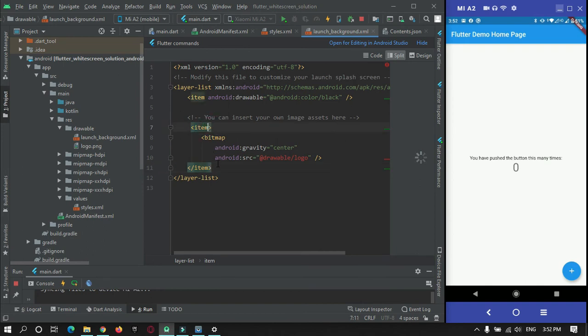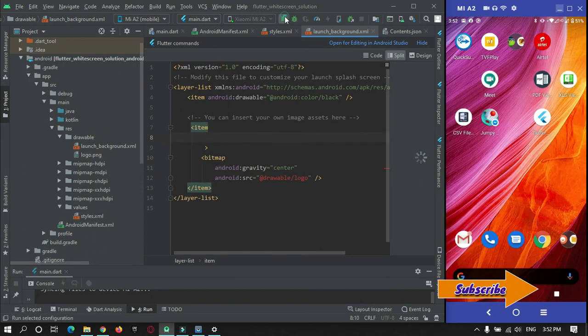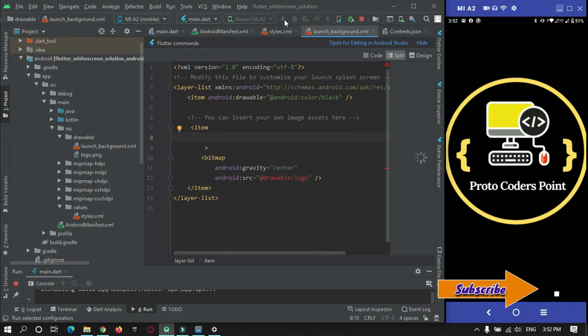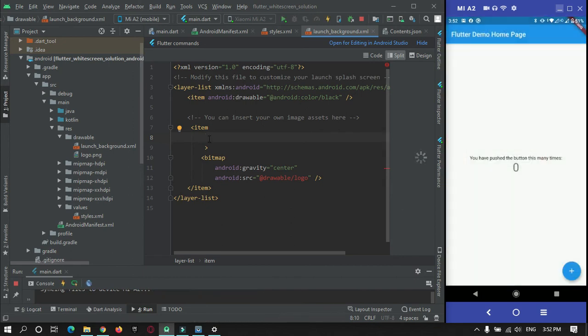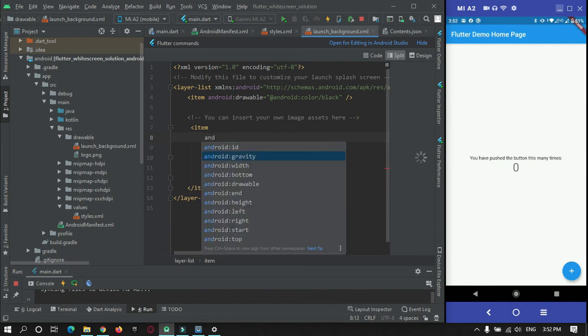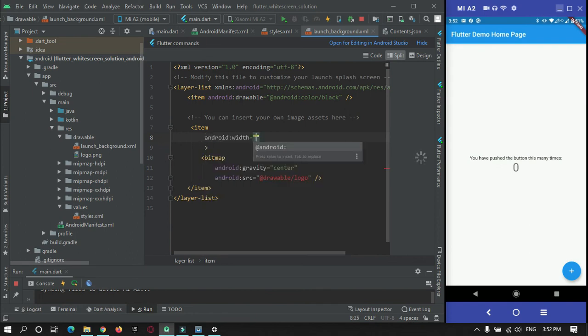As you can see, the size of the logo is very big, so you can edit it in your item. Here, all you need to do is give width and height for the image.